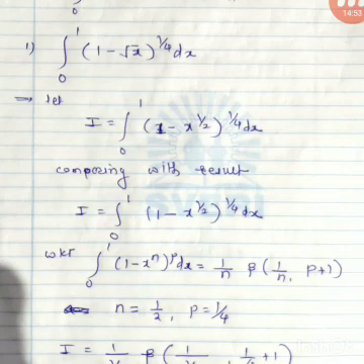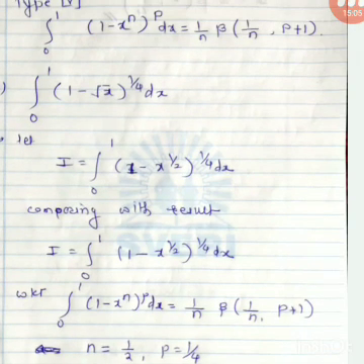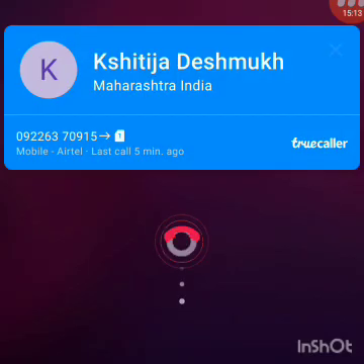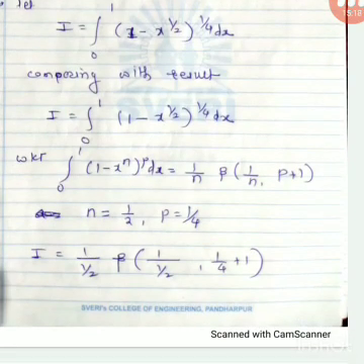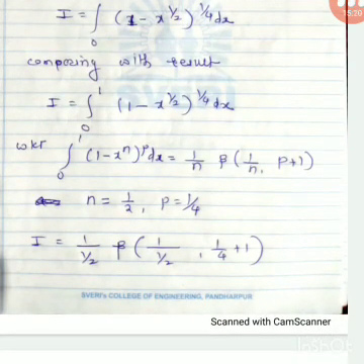This is not a separate type, actually it is type 1 only with m is equal to 0. If you consider m is equal to 0, type 1 is converted into type 4. Okay, and the result is the same. Just put m is equal to 0: 1 by n, beta of 1 by n, p plus 1. M plus 1 is there in the result, and m is 0. We will use the same result as type 1. This is the same case as type 1.